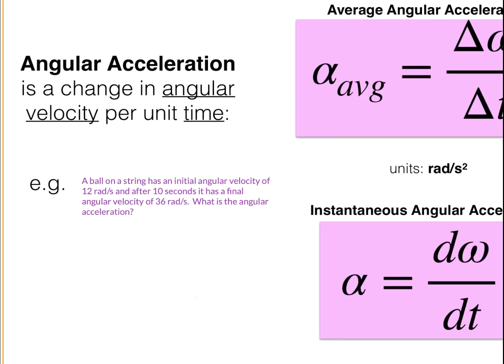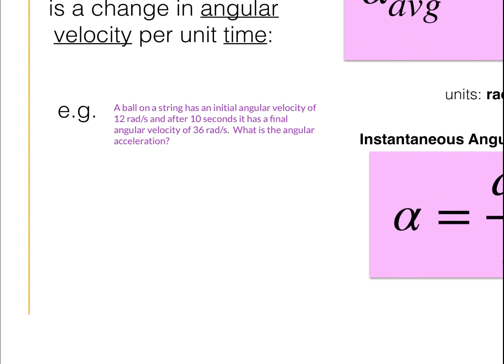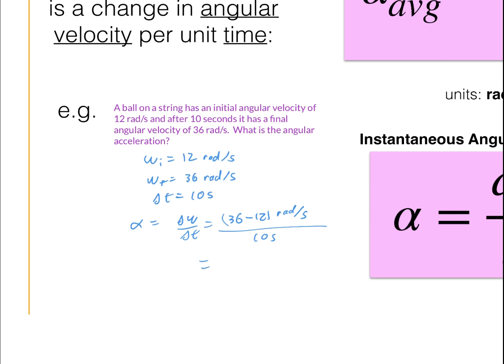So the example here is a ball on a string that has an initial angular velocity of 12 radians per second, and over 10 seconds it changes to 36 radians per second. So its final angular velocity is 36 radians per second. It says it happens over 10 seconds, so we can easily calculate the average angular acceleration. That's how fast its rotation speed is changing. So it's delta omega over delta t. It'll be 36 minus 12 radians per second, divided by 10 seconds. And we get 2.4